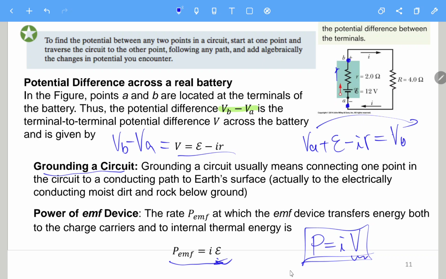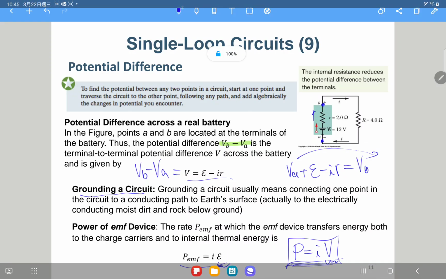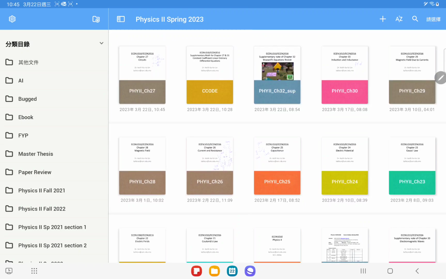Here I times E, or I times V, is actually suitable for any device, even for nonlinear devices. It is also correct. So you can just try to remember this P equals IV. Okay, so let's try to